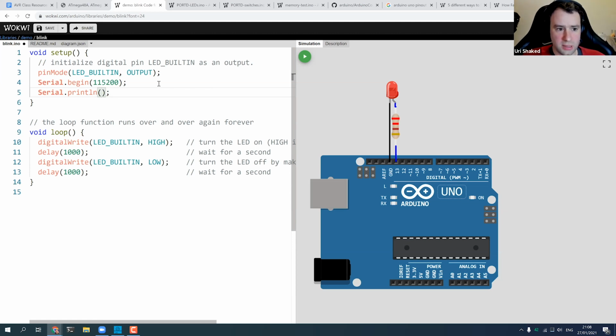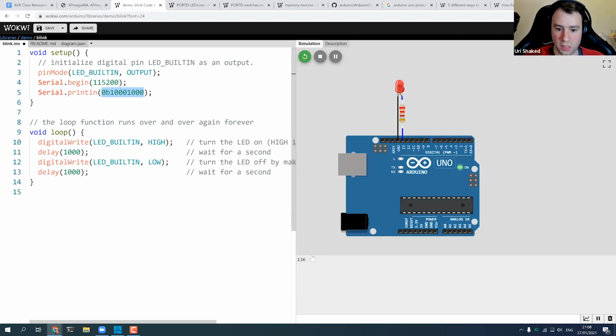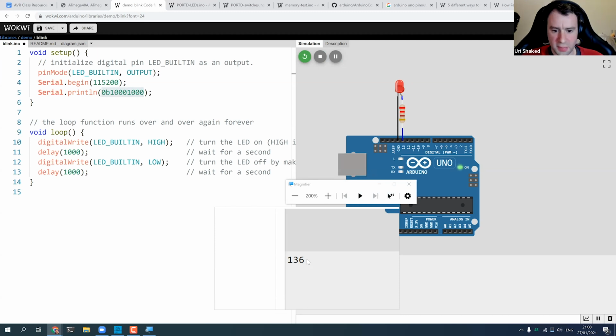You can just write 0B and then the sequence of bits. So for instance, let's do 1000 1000. And then if we run this code, this will actually print the decimal value of this binary number. So 136, that's the decimal code.